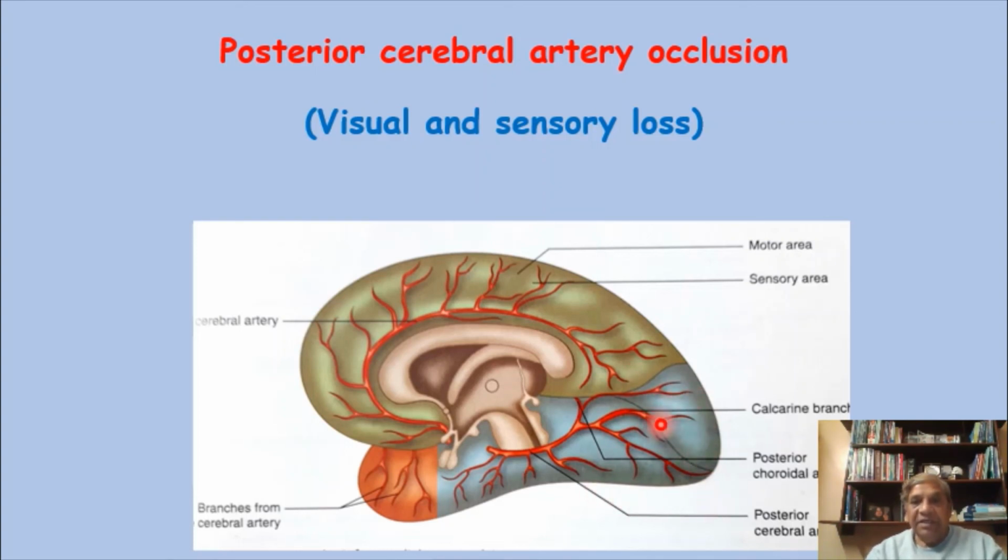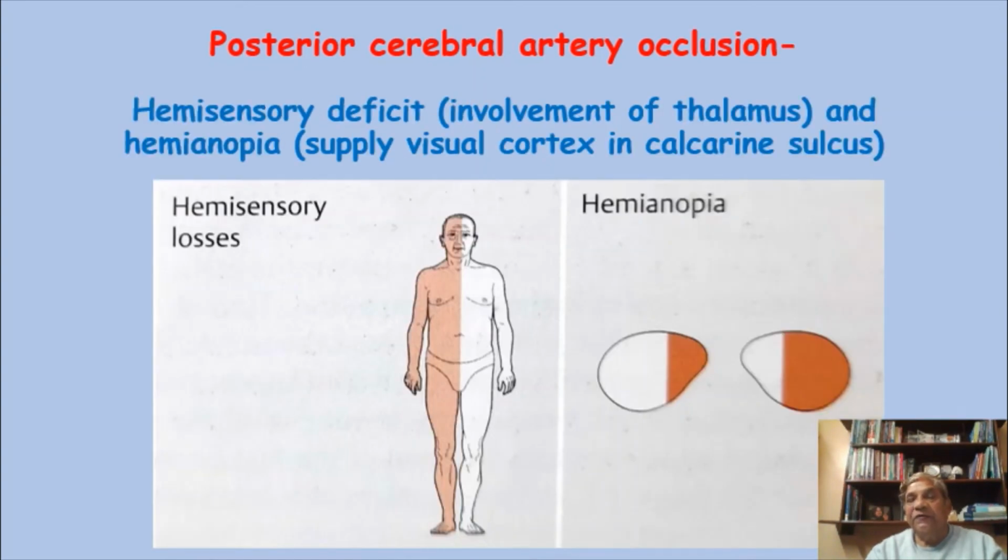That means the complete visual area is supplied by this posterior cerebral artery, and because of that there will be loss of vision in both the eyes, but it will be half the visual field in one eye, and another half of the visual field